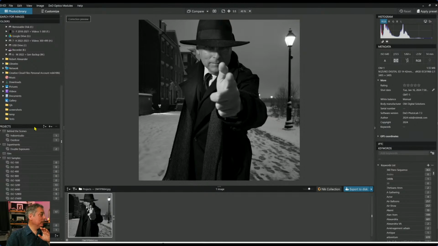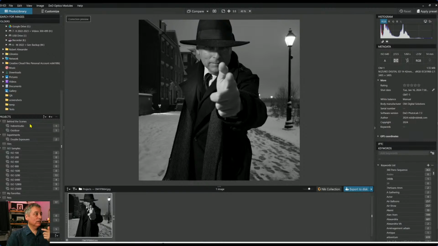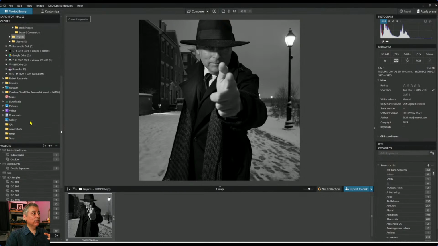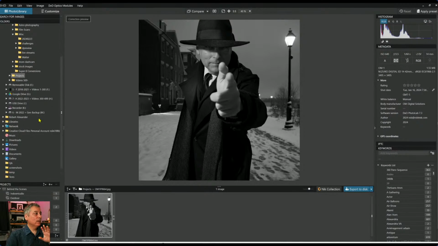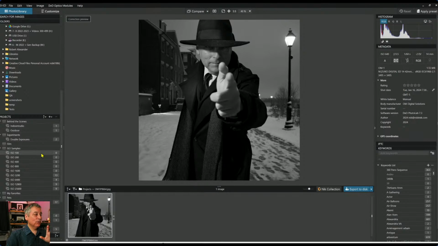Down here, Photolab has added this projects section where you can, independent of the folder, because what we're looking at over here is the folder system on your computer. I'm not familiar with Apple. It's probably similar, but this is how it is on my Windows computer. I have this folder structure, but I can create additional projects, and it's very similar to the folder structure on your laptop, or on your computer, I should say. The key difference being is that this is a virtual folder or